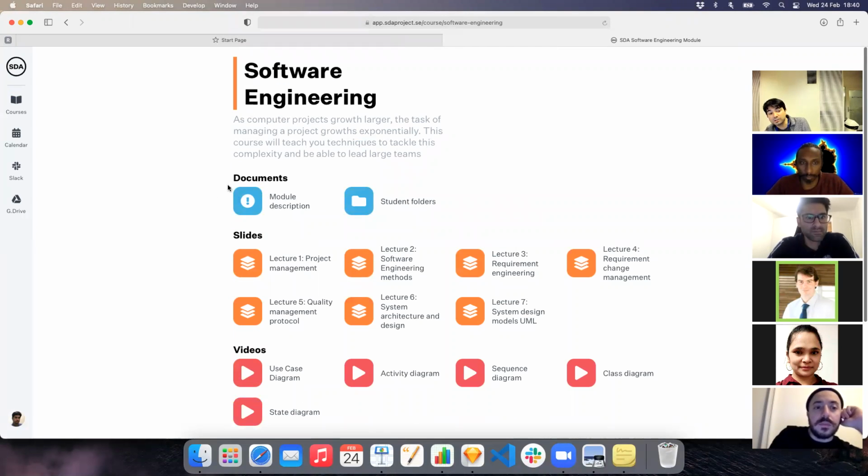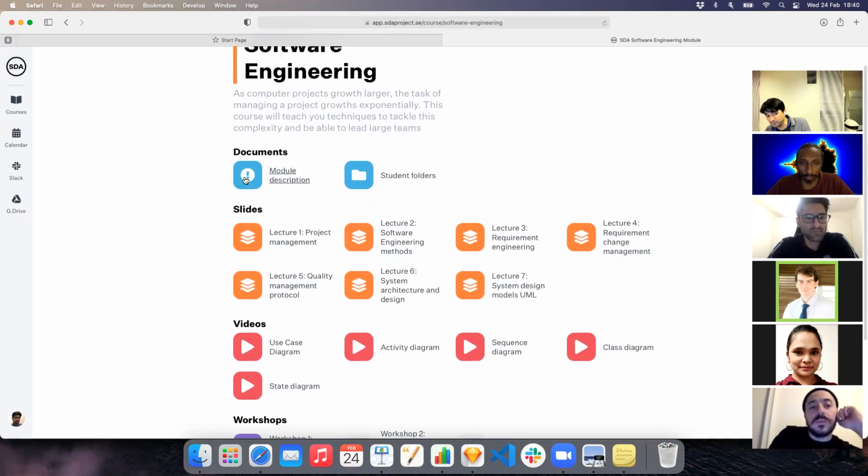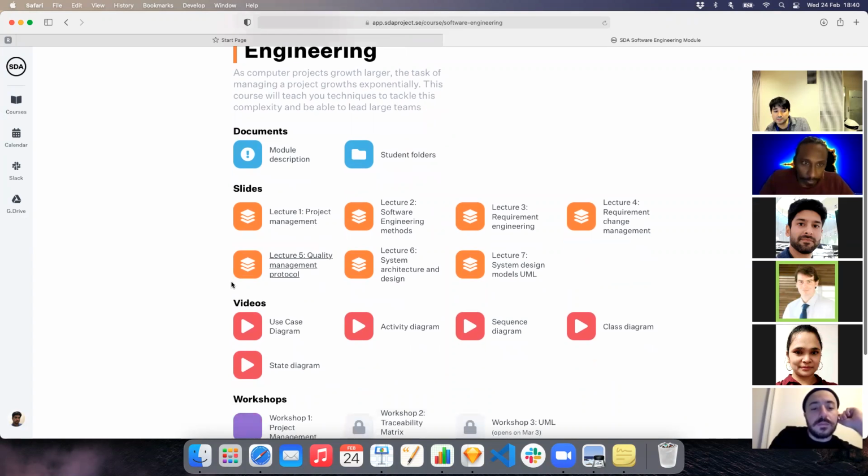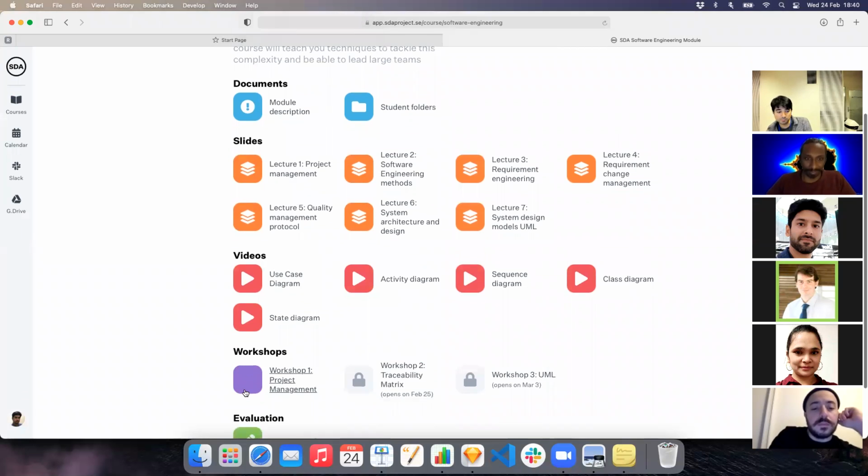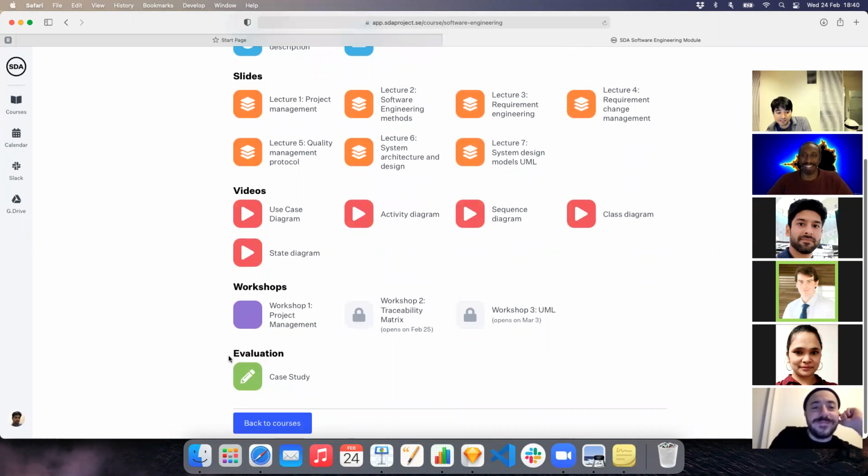Okay, so you can see the documents are blue, because Microsoft Word documents are blue. This is usually PDF or Word files, or Google Doc files. The slides are PowerPoint files, so they are orange. Videos are always linked to YouTube, so they're red. The workshops are purple because, to be honest, we were running out of colors. And green, because evaluation